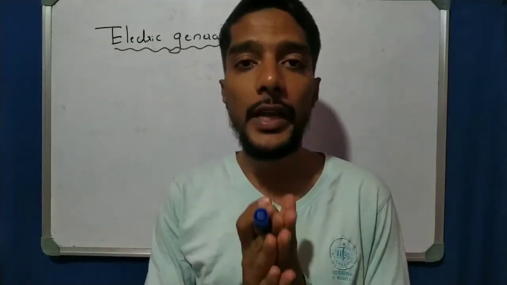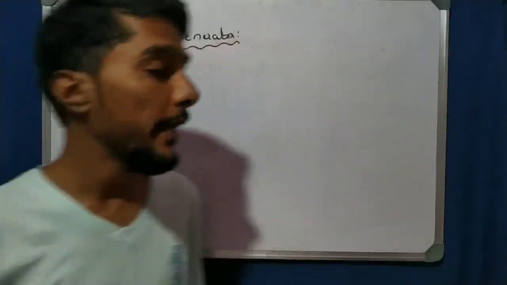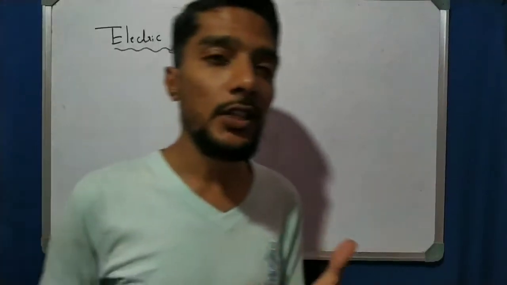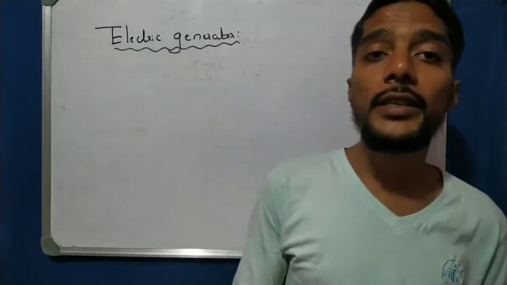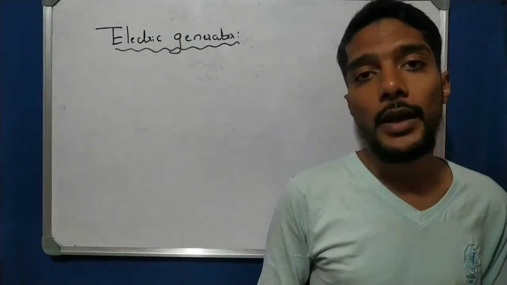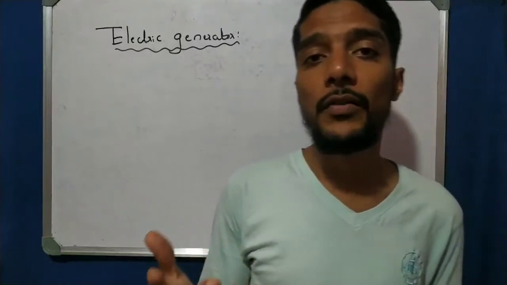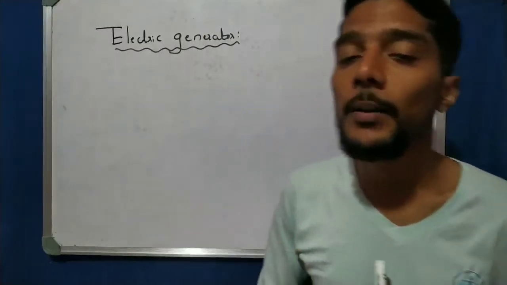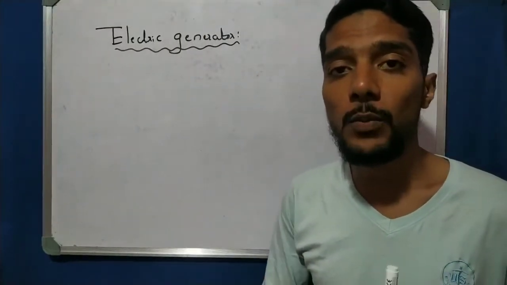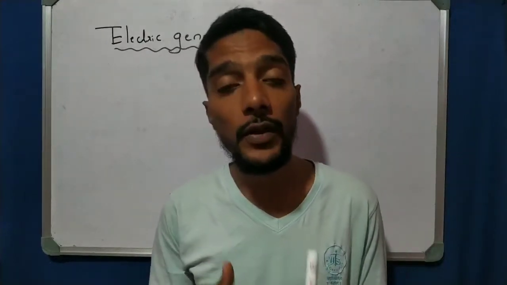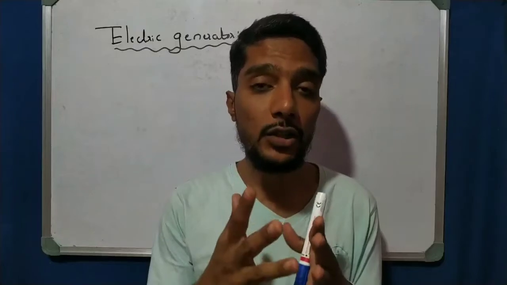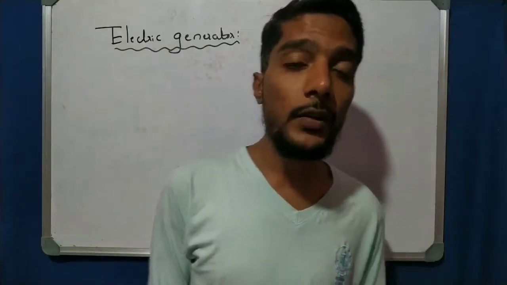In this video, we are taking another very important concept, that is the electrical generator. In the last video, we learned about Fleming's right hand rule, which is used to find the direction of induced current, in which we use two fingers, the middle finger and the forefinger, and one thumb. The thumb indicates the direction of motion, the forefinger indicates the direction of the magnetic field, and the middle finger indicates the direction of the induced current. Now let us take another very important concept in which we also use that right hand rule.